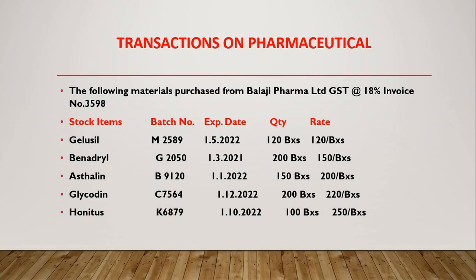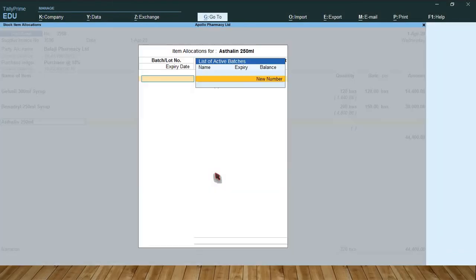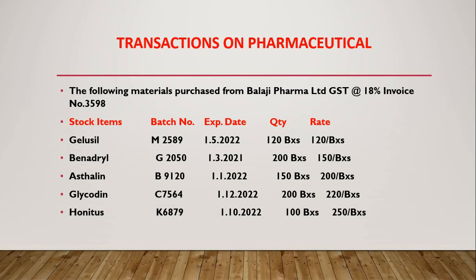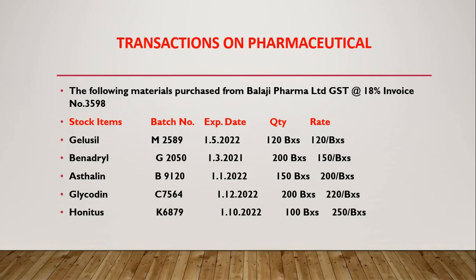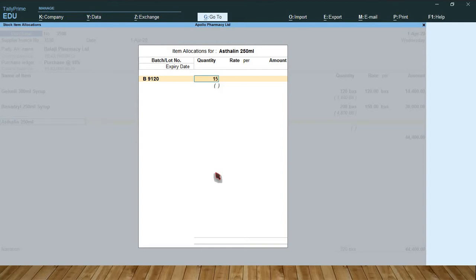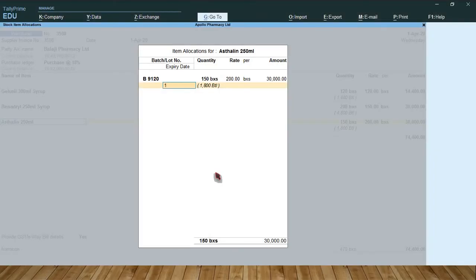So next one, Astaline. So batch number B9120. Quantity 150 box, 200 per box. Expiry date 1/1/22.